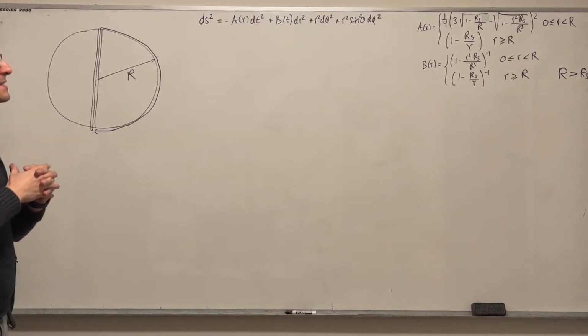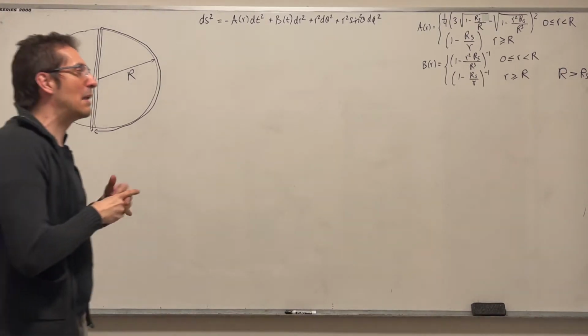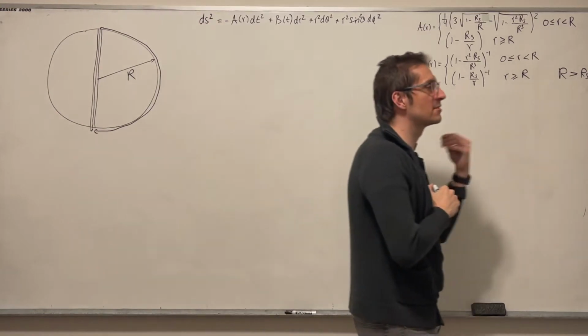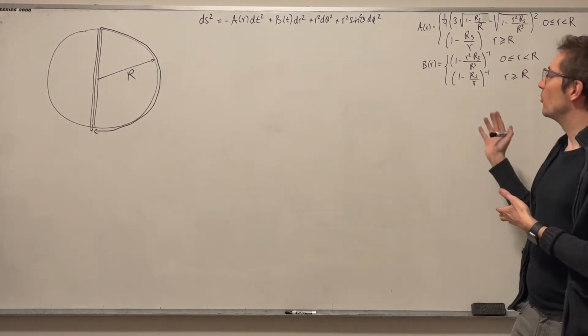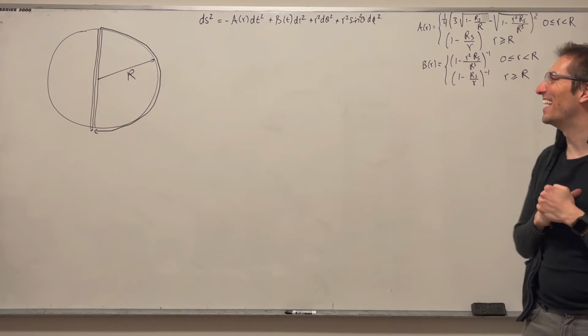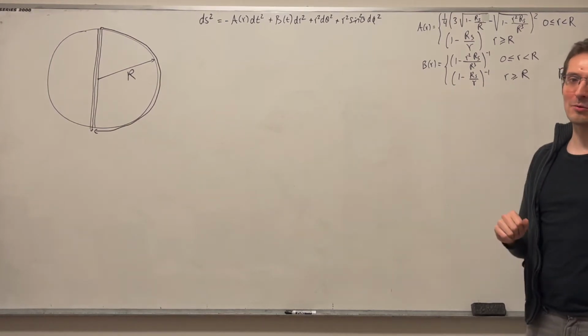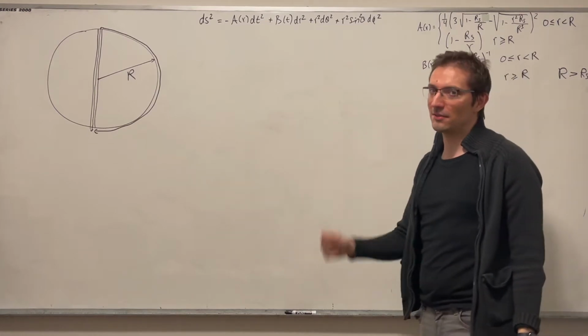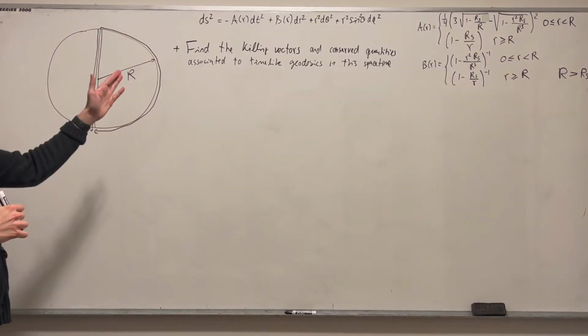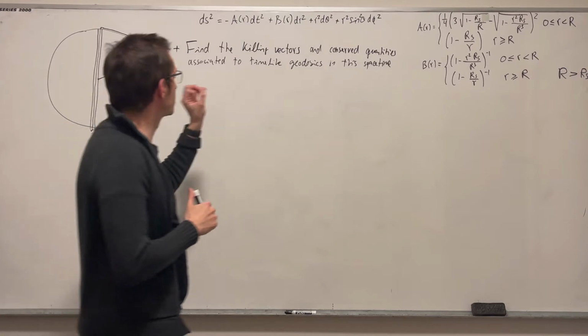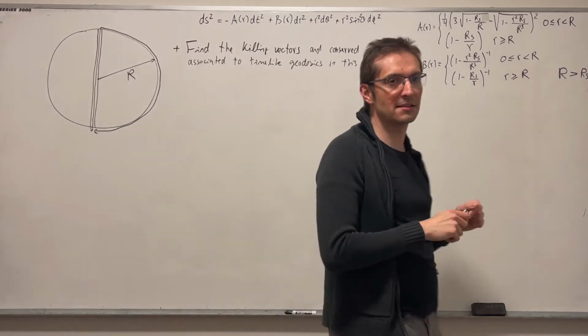Let's see, the exam was divided in several questions, and we're gonna be asking all those questions and then storing useful results. I don't know where, because we may run out of boards, but we're gonna try our best. So we're gonna be answering the different questions and deriving different results. And let's begin from the beginning. First question. All right, the first question is find the killing vectors and conserved quantities associated to time-like geodesics in